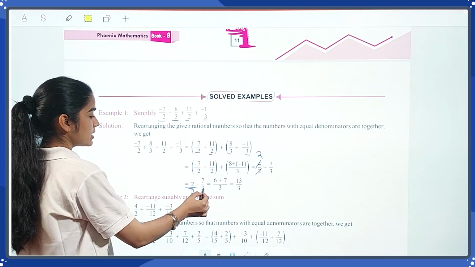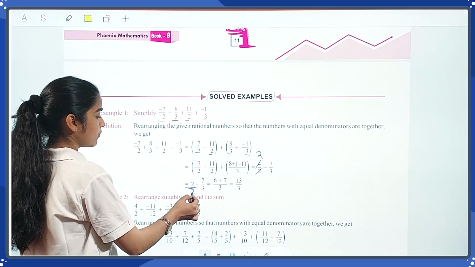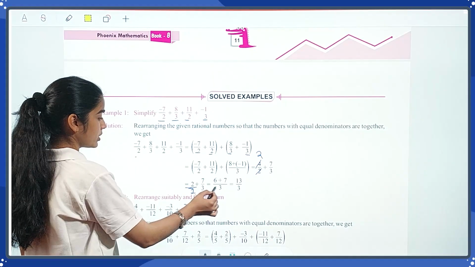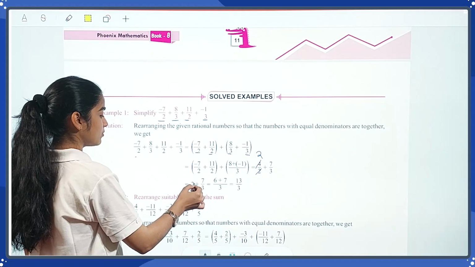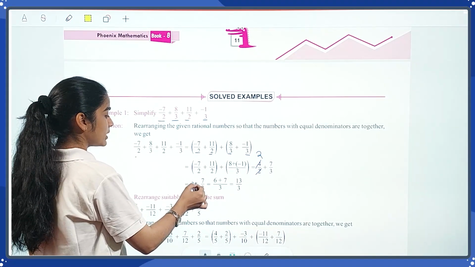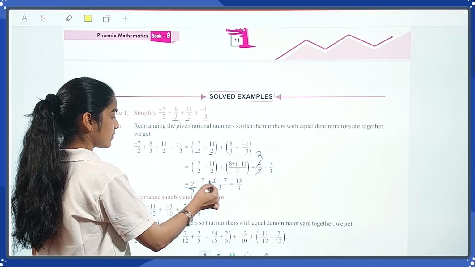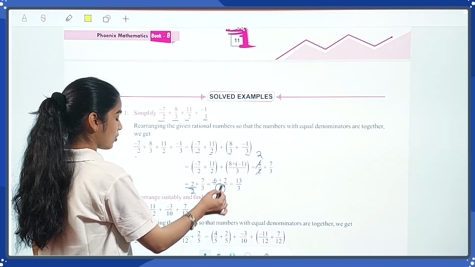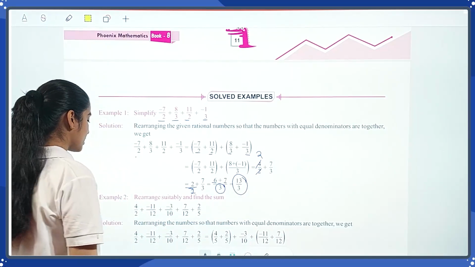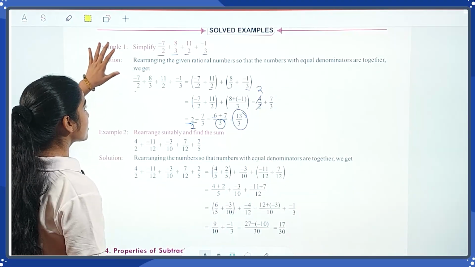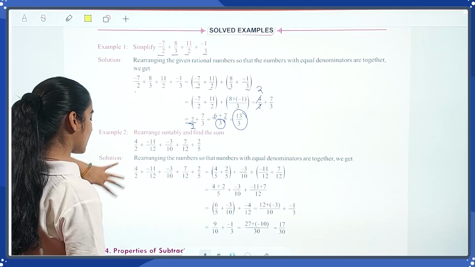So 1 and 3, LCM is 3, and if we multiply 1, which is our Q, with 3, so we have to multiply numerator, which is our P, with 3 as well. So 2 multiplied by 3 is 6, 7 is here, and same denominator. 6 plus 7 is 13 by 3. Here is the result. Okay, now the same process you are doing here, you have to repeat here as well.